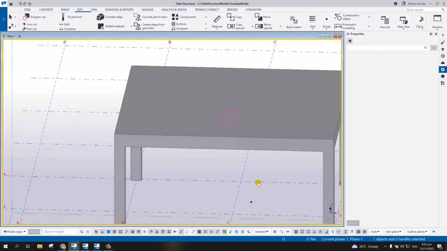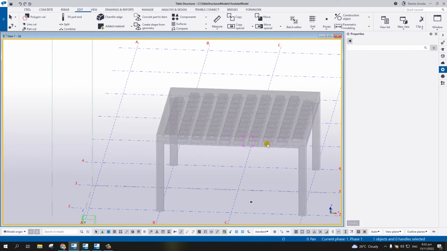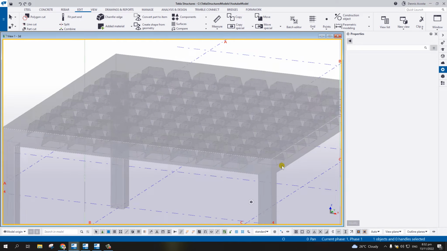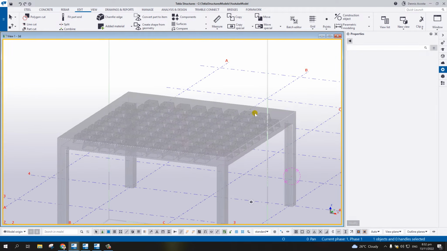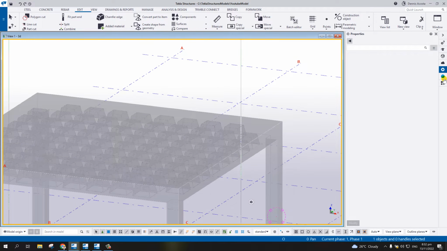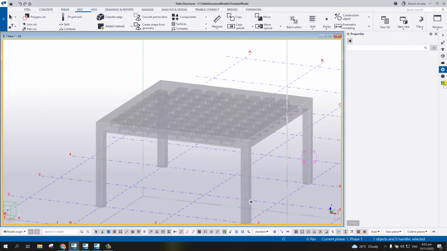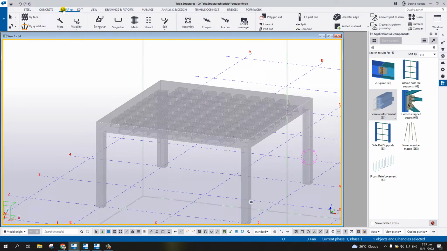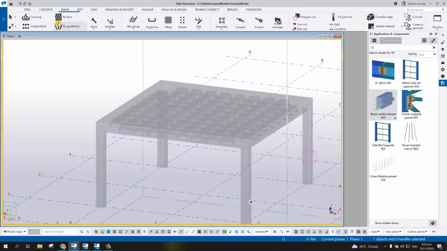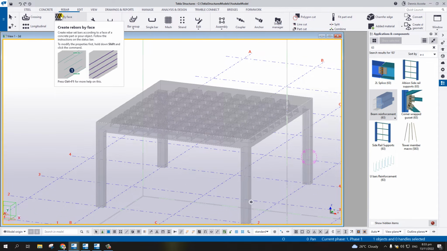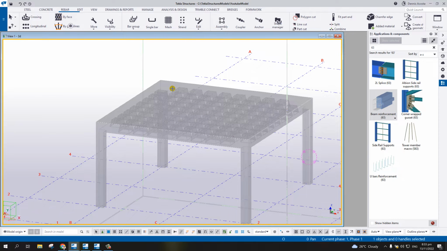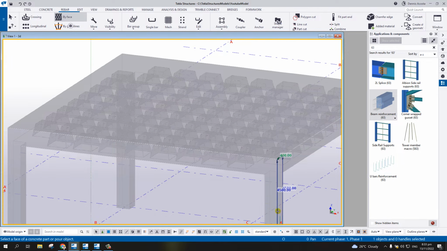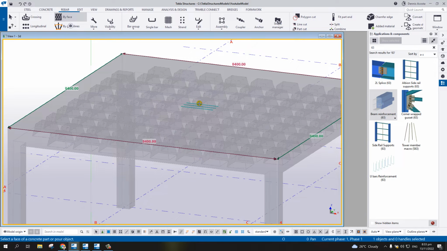Okay, so now let's move on to the reinforcement. For the reinforcement, I can just simply add a slab bar on the top. Maybe I can just simply use the component, or I can create it manually. But okay, maybe I'll just use also the planar tool here under the rebar, and here there's create rebar by face. So if I click on this one and then select this, I can now